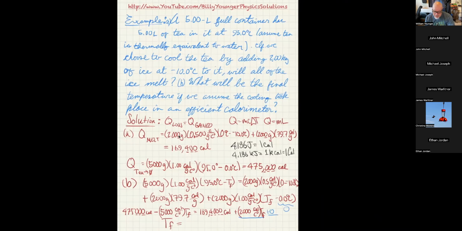I also have on the other side of the equals this T final. So if I pull that to the right-hand side, I have 7,000 T final. And then if I take this guy and put it over that side, and this one over that side, I get